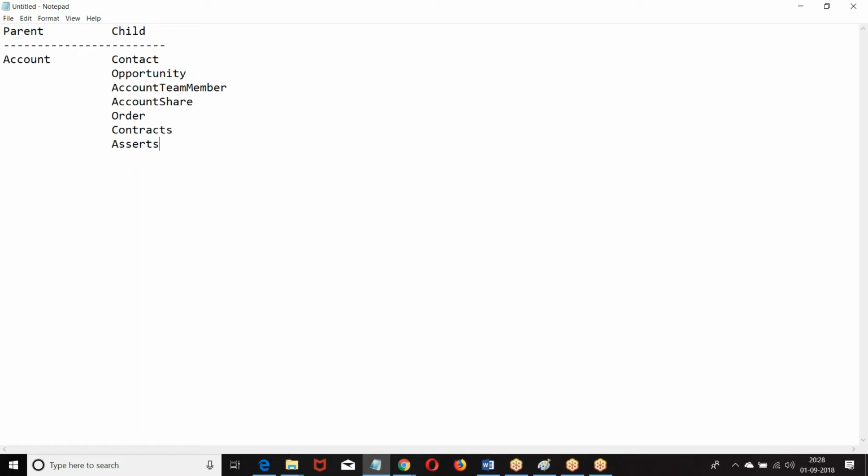One company can place number of orders. One company may have number of contracts. One company may have number of assets. Once I purchase a product, let us say I purchase a car. Now, on the car, company is supposed to give some warranties and everything. But the car is whose property? My property. The car is the asset of Satish. But that information has to be maintained by company because it has to give me some warranties and services. Am I right?